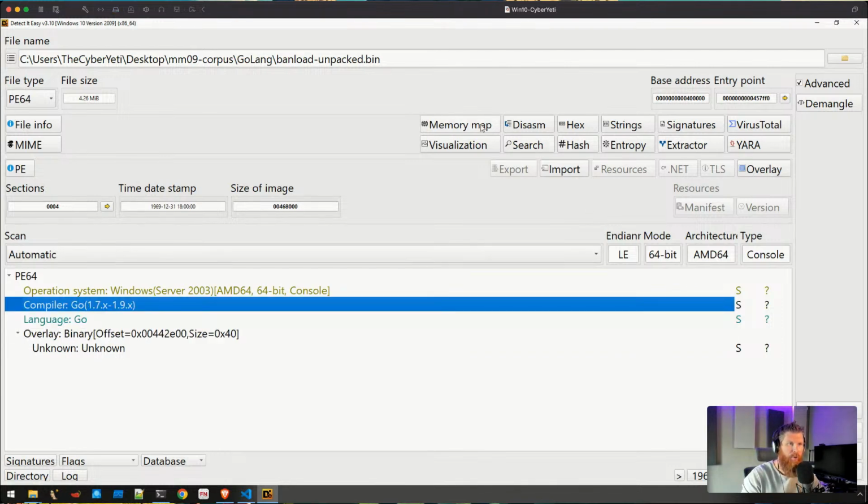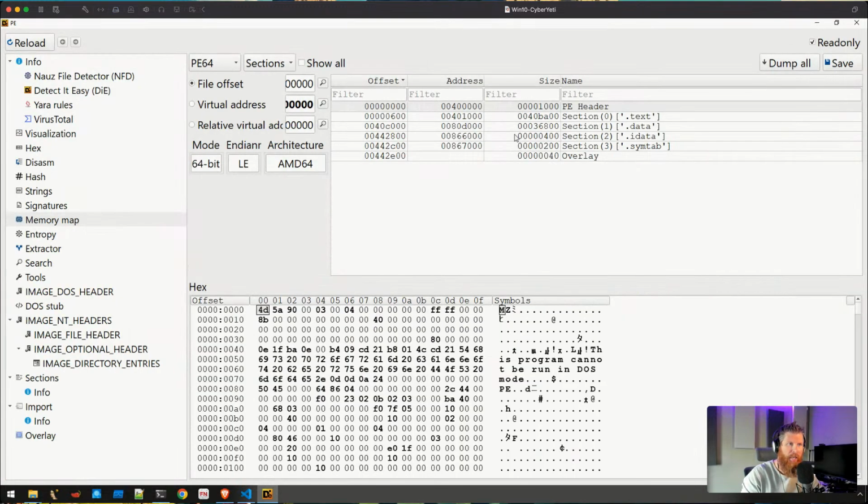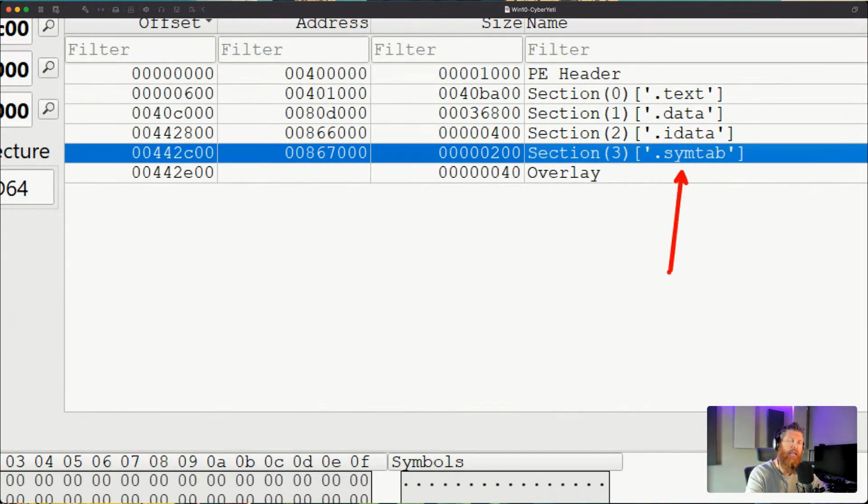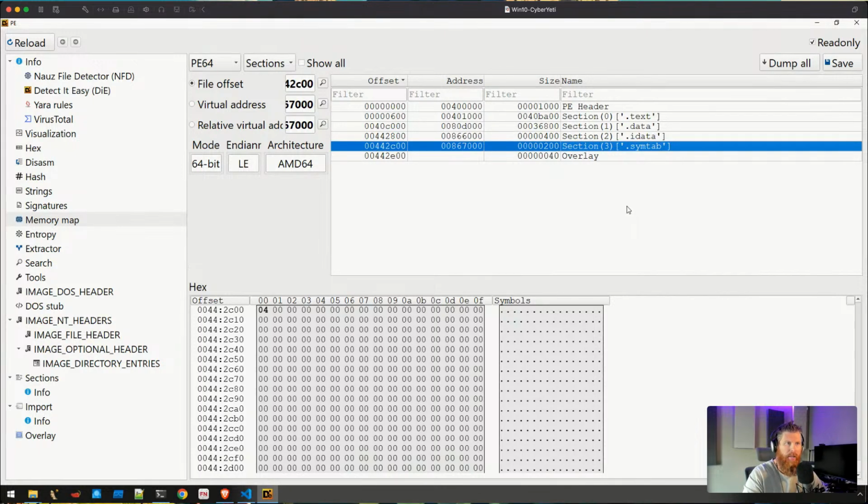You can look at the memory map. And the memory map here is just a way to look at sections. Sections just contain things. Sections contain executable code. They contain global data. They contain resources. Well, with Golang binaries, they will oftentimes contain a .symtab. That's a section that contains structures for the Golang binary, particularly to help with runtime stuff. So that symtab section, as we've already seen, can be one way in which a rule might simply detect it's Golang.